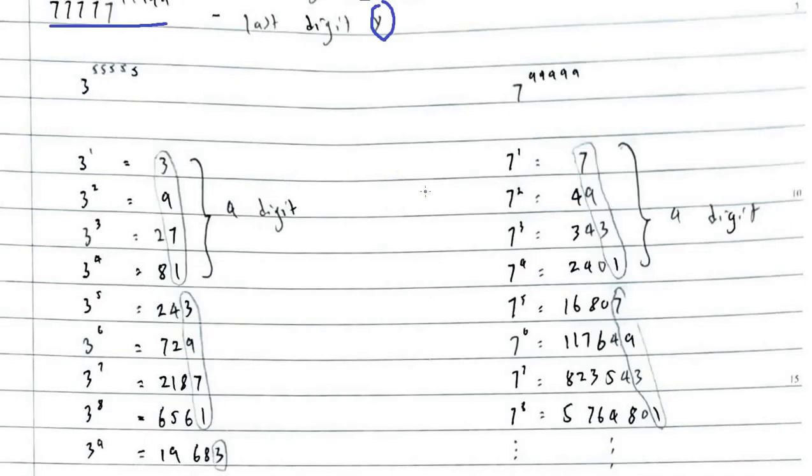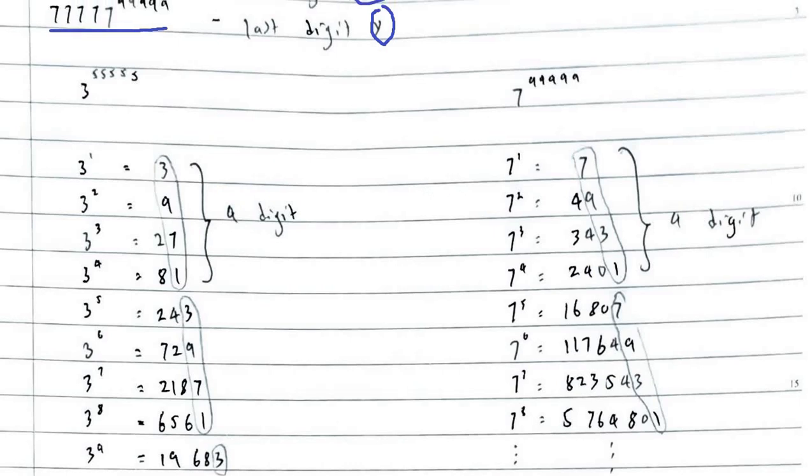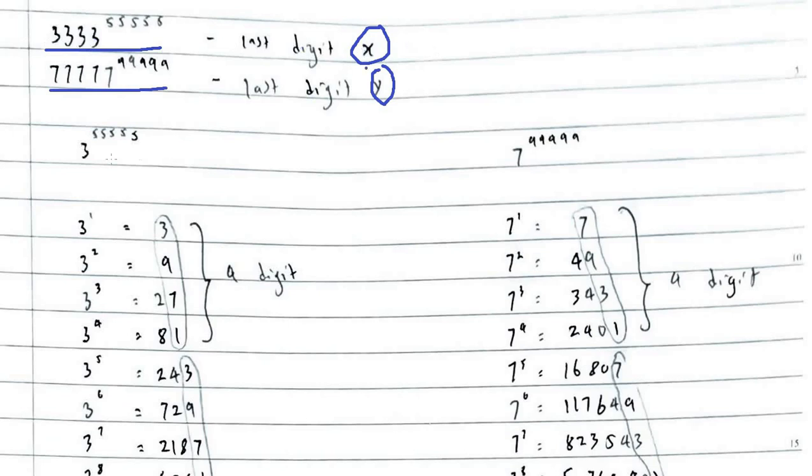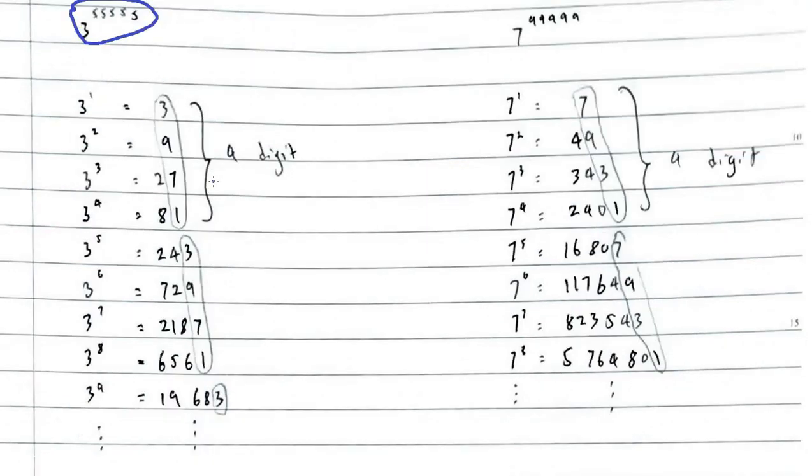To find the last digit of the first number, which is X, we ignore the number at the front, and we just take the last digit of the number and the power. So we want to find the last digit, so we do it like this. We can find the iteration of the sequence of the number.